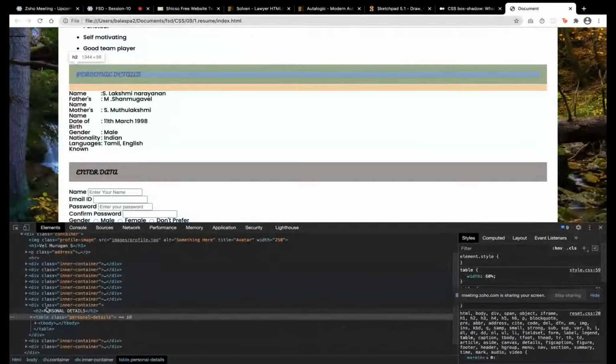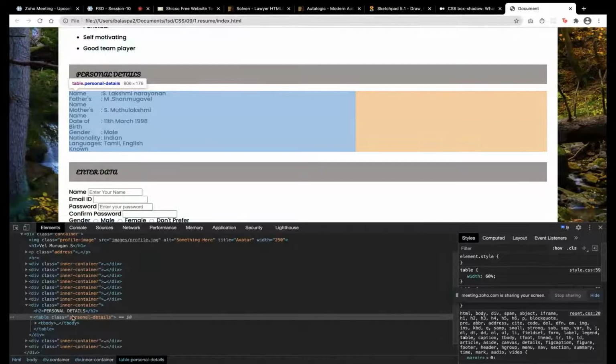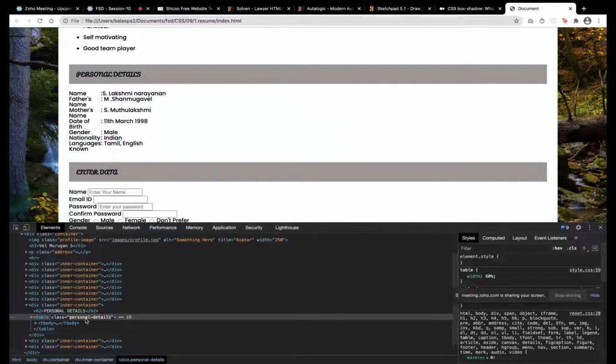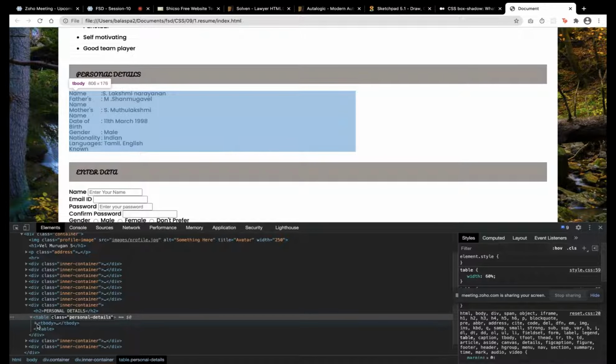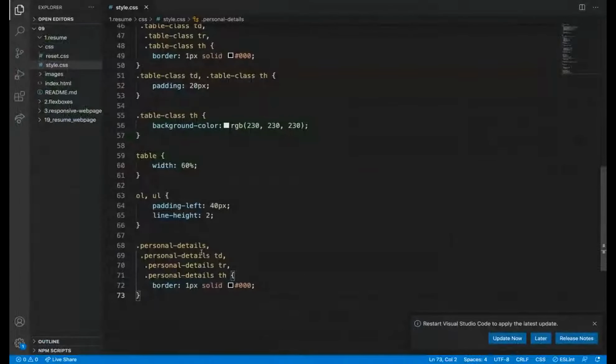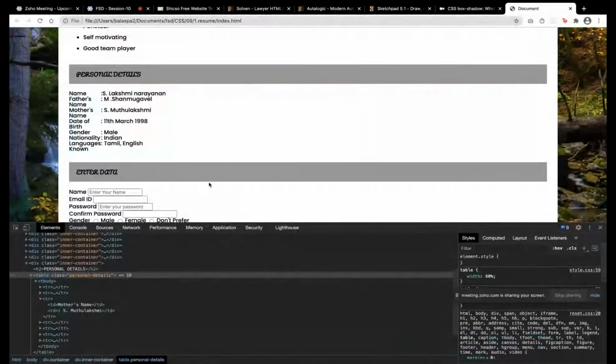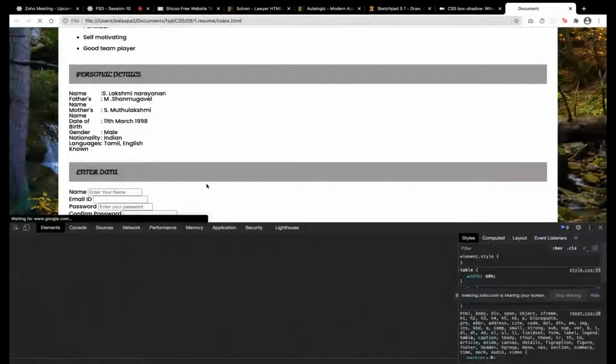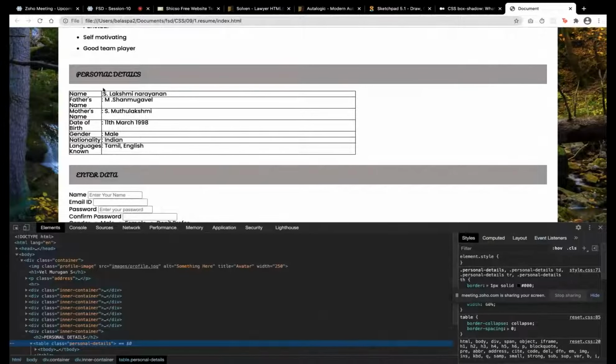To this table, sorry, I have added a class personal details. To the personal details, I have given border to the TR of personal details, TD of personal details, and TH.